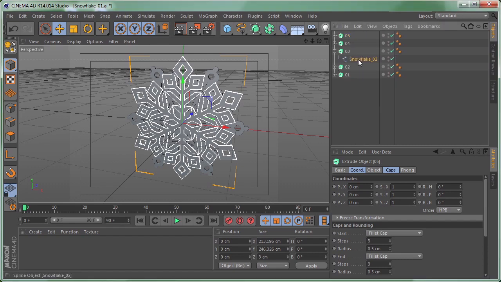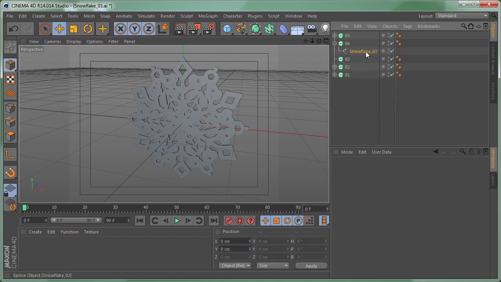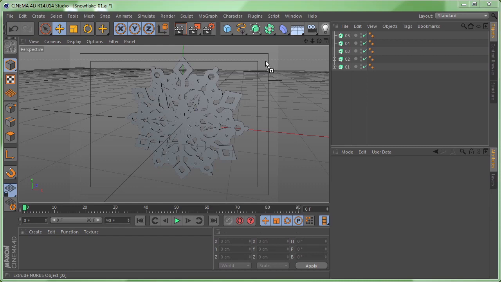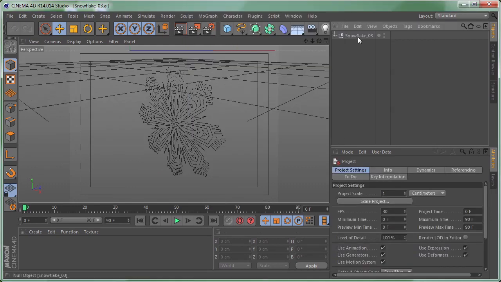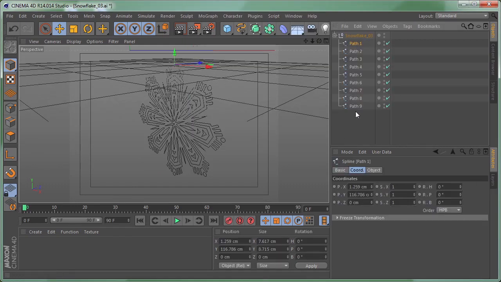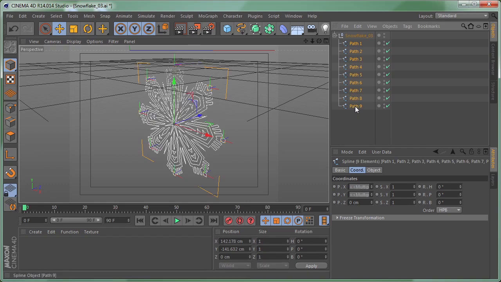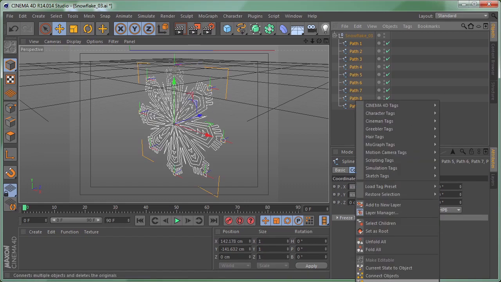And we are going to delete the splines here and import the third snowflake. As you can see, we need to select all the splines and just connect and delete them,